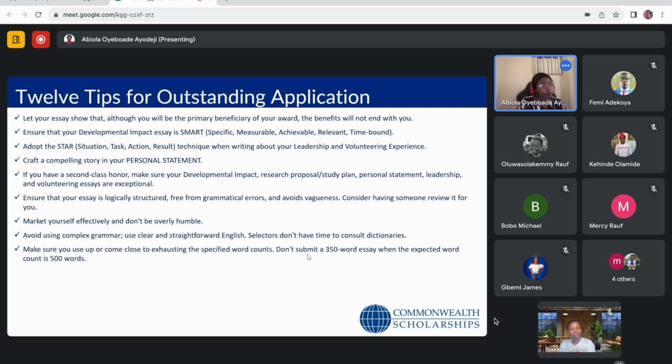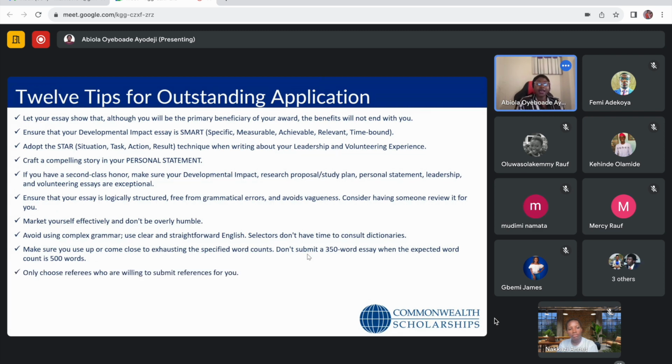People do funny things when it comes to applications. You see someone requested to write probably 300 words and just wrote a few lines of about 100, and you expect that those people that set the 300 words know what they are doing. They want to give you time to express yourself well. So don't just leave it, come close to the expected word counts. But writing something does not mean you should fill in the remaining with jargon. No, don't do that. Make sure you write something of quality.